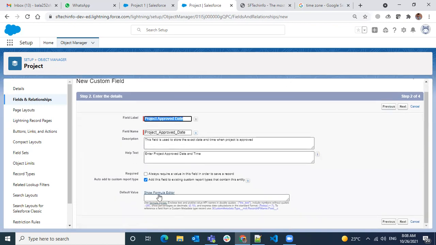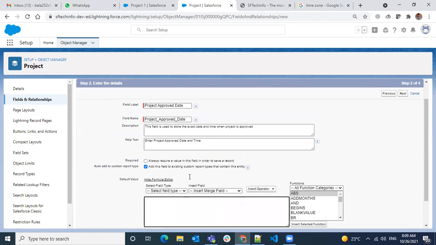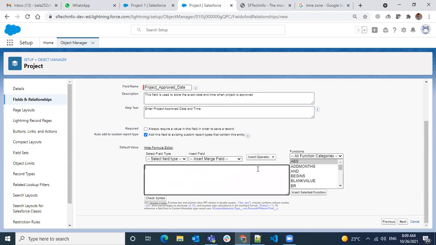So I want to make this a required field. Here I want to give some default value. You can see organization profile, system user and user. I'm going to give it as today's date.